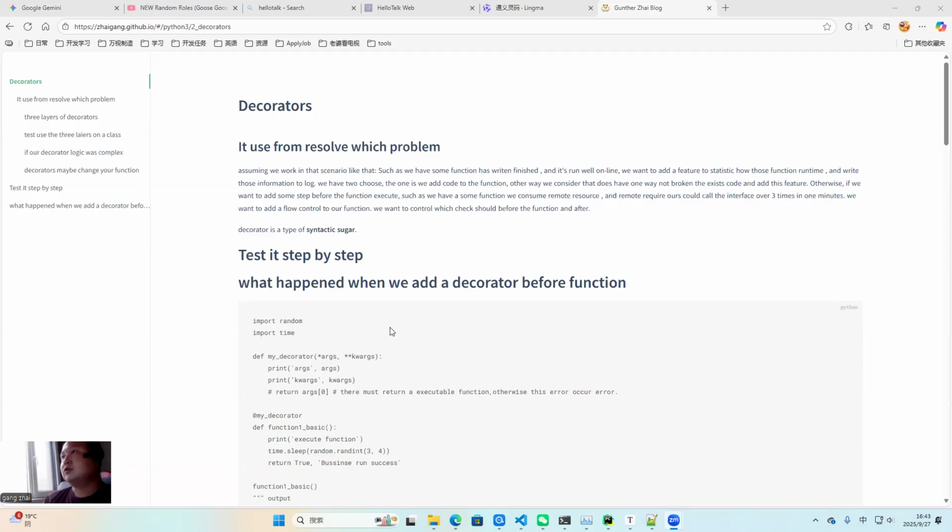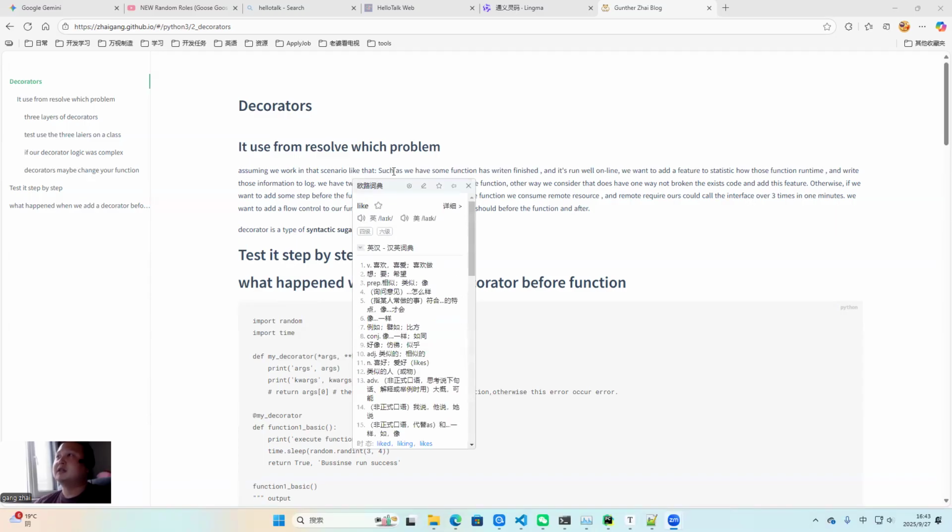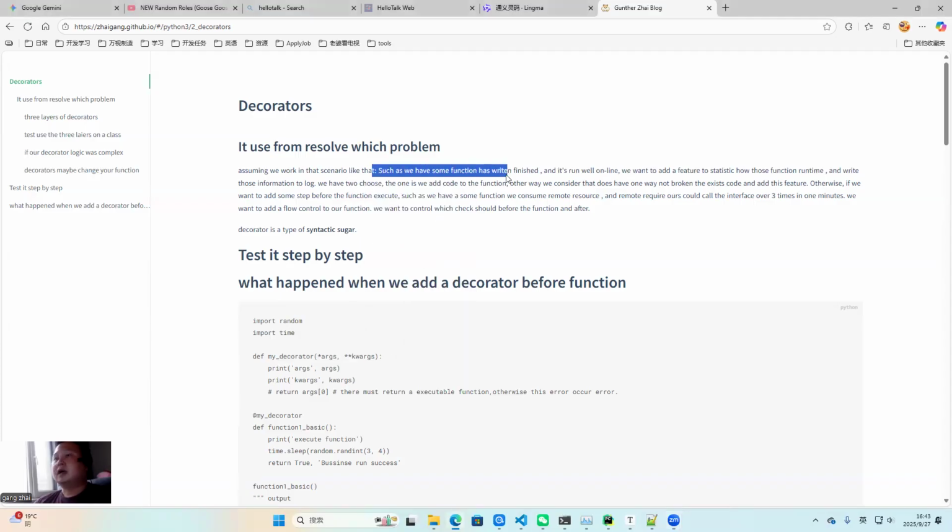It's used to resolve many problems. For the first step, we can see which problem we use it to resolve. Assuming we work in a scenario like that,